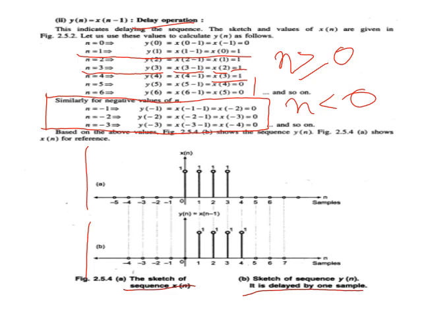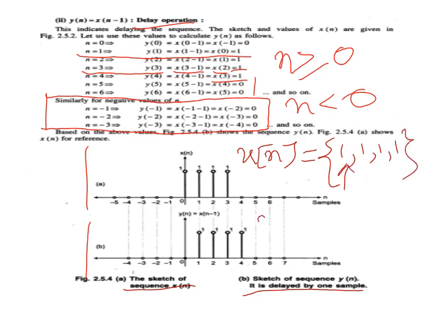So what we do when we have to perform this, see here, I will represent x of n in sequence form. In the sequence form I have here 1, 1, 1 and 1, arrowhead at the first position. Now I have to calculate x of n minus 1. So what I will do, I will write this sequence in as-is form 1, 1, 1, because the amplitude will not change, and the arrowhead shifts backward by one sample.